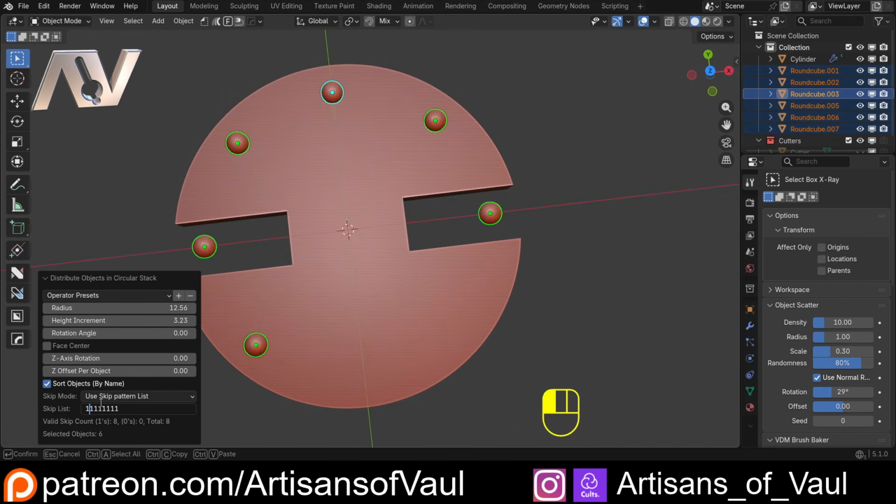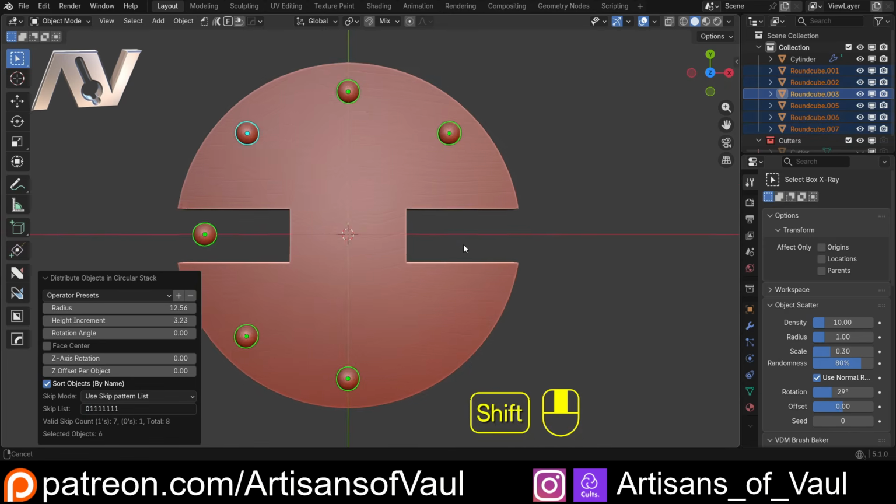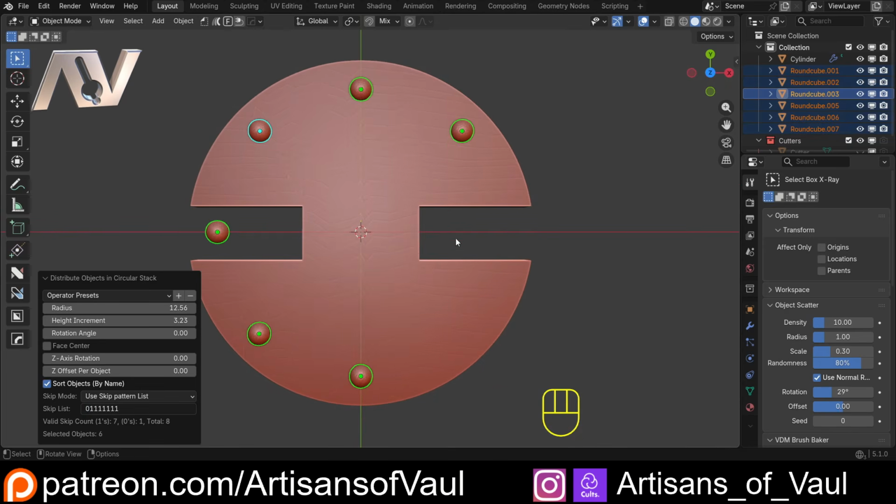So what we can do is change one of those ones out for a 0. And if we click, you'll notice that we're starting from here. We've now missed that one out, but that still counts as a point. So we've got 1, 2, 3, 4, 5. We also want to miss out the 5th point. So I come to my 5th point, delete that, hit 0, and then click, and now we've set that